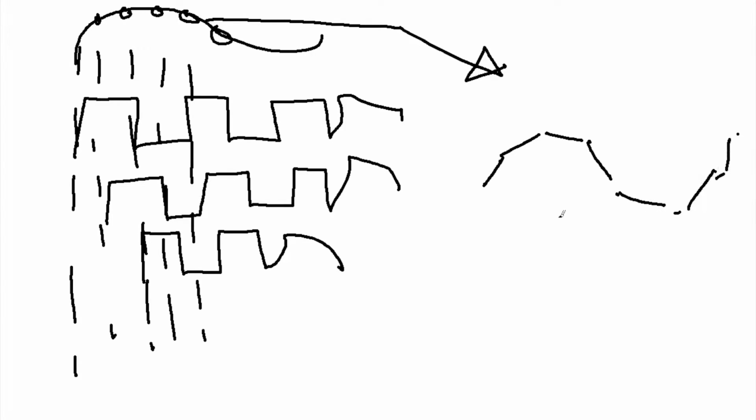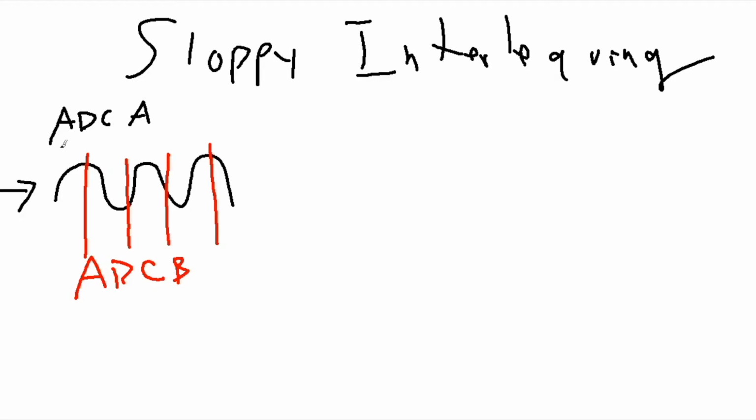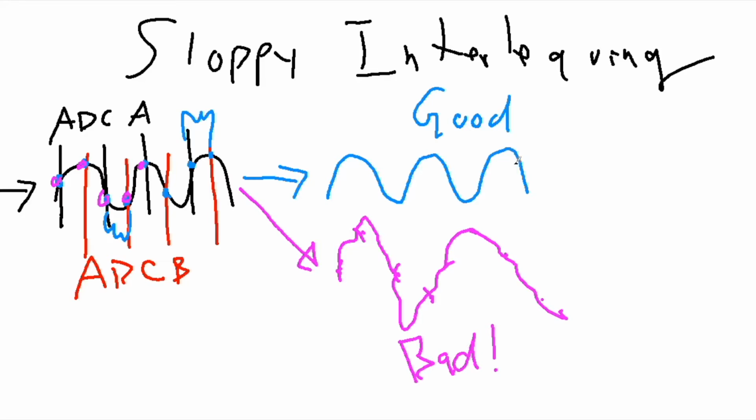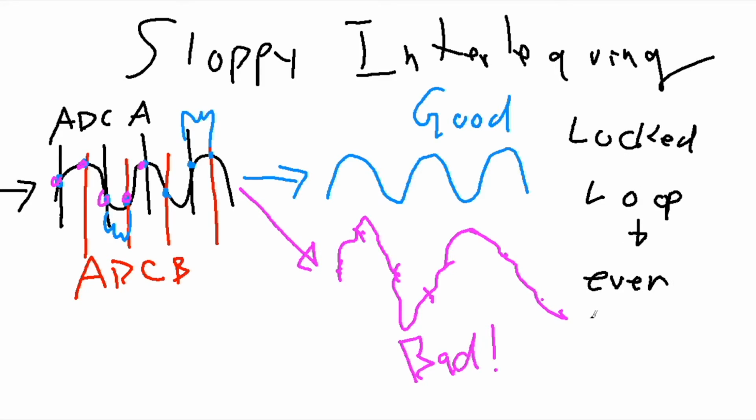But getting back to my crappy drawing of our multi-channel ADC that's all muxed together, the problem comes when you're trying to sync all of those and recreate your waveform. Because if you have jitter, or some kind of clock problems or timing problems between samples, you're not going to recreate a perfect wave. And you might get something that, before any type of correction, just looks like a squiggly garbagey mess. So ideally, we want our timing and that phase loop to be absolutely locked and to have even distribution of those samples so that we can recreate something good, and that doesn't drift